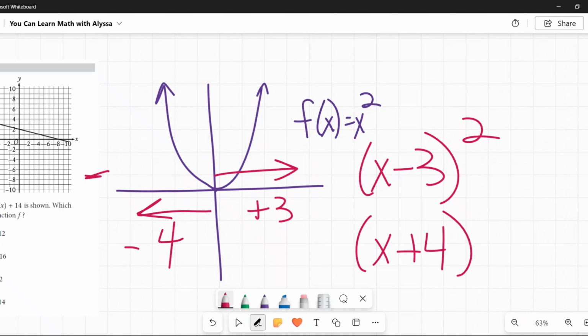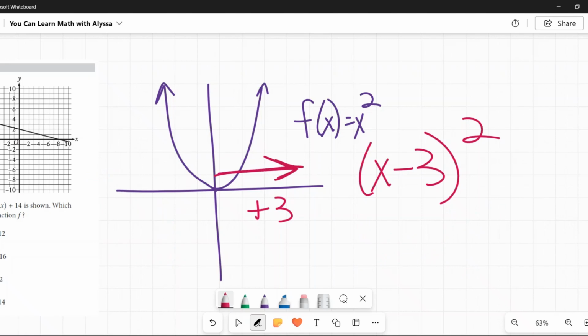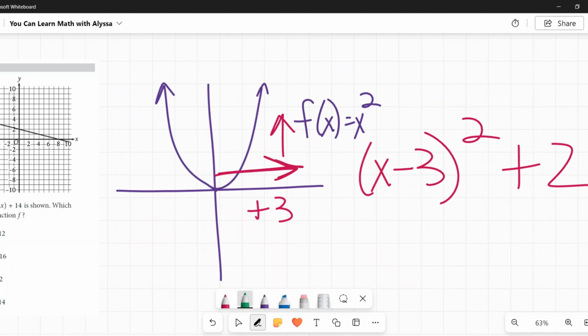Let's say you want to move to the right 3 and up 2: x minus 3 squared plus 2. You can combine them. They love this kind of thing. If you have a number out front that is greater than 1,